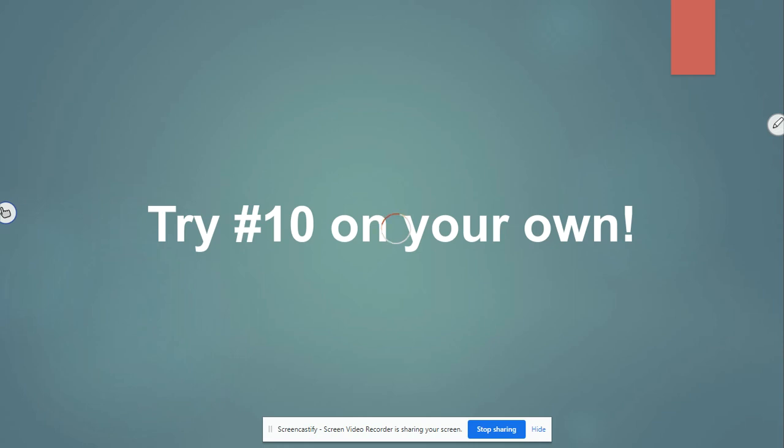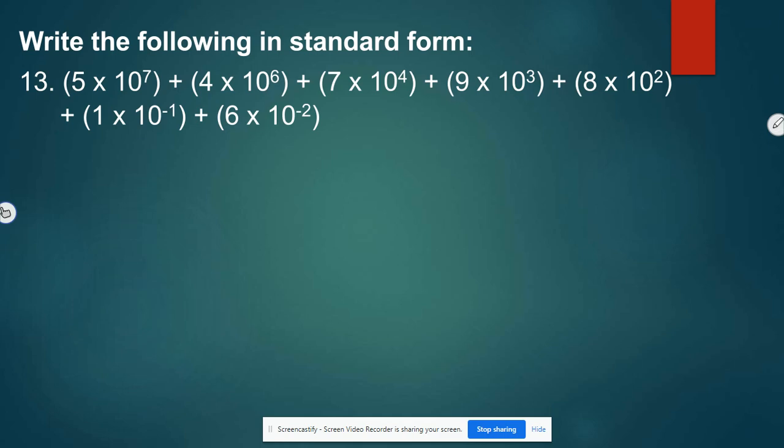While this is loading, apparently, you can be working on number 10. Hopefully it doesn't take too long. There we go. Okay, so number